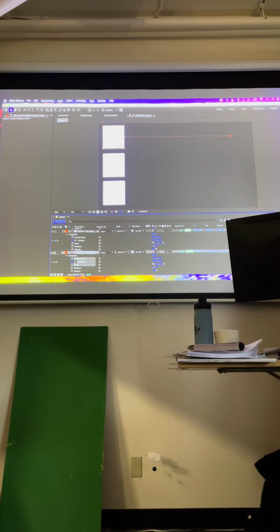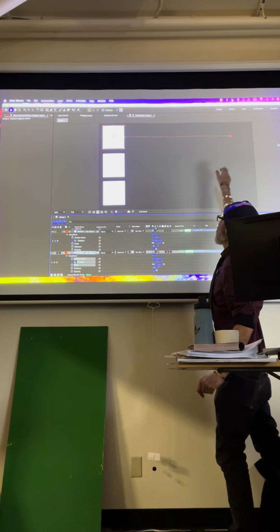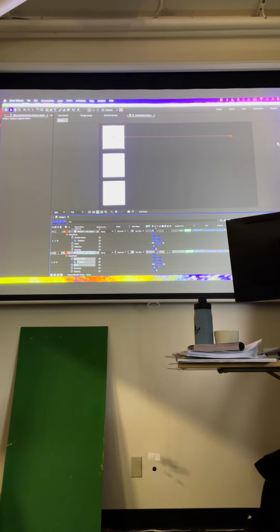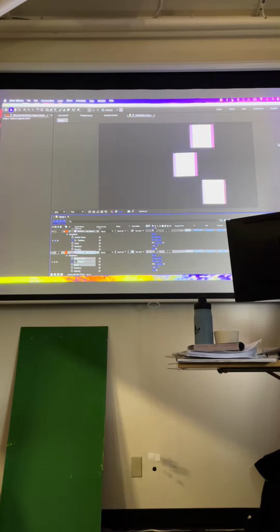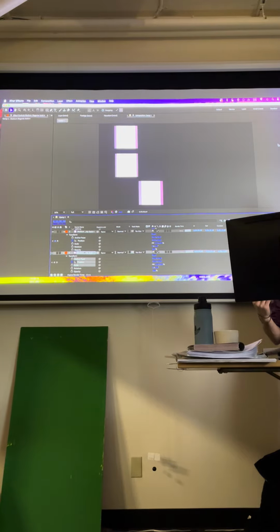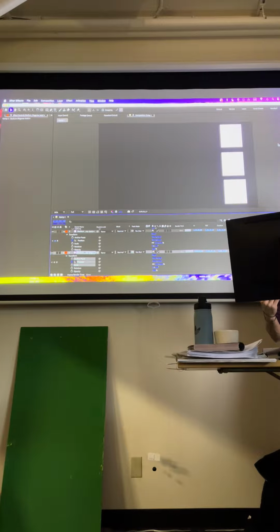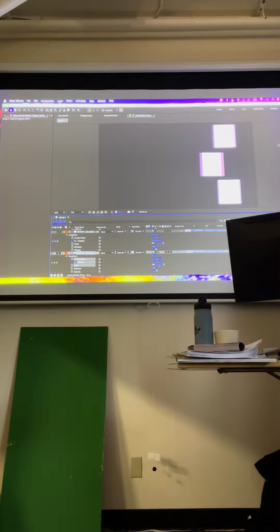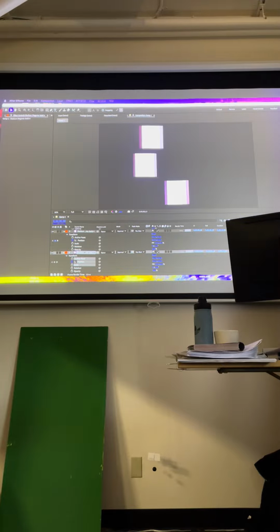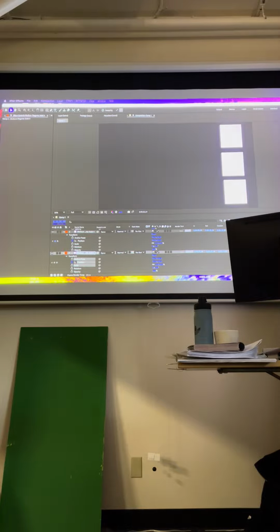So I'll put easy ease on this one, keyframe assistant, easy ease. That one starts slow and finishes slow, and it's fast in the middle. So that's what easy ease is. Now they all 3 have a different way of getting from one place to another. Like I said, it looks not overly exciting right now because it's just squares moving across the screen, but